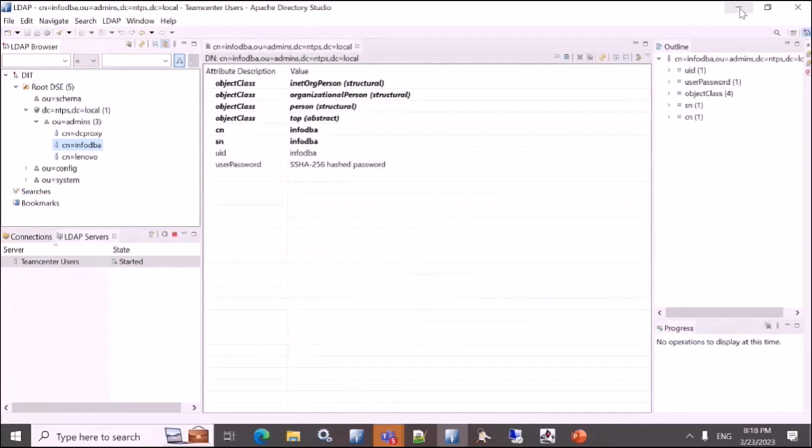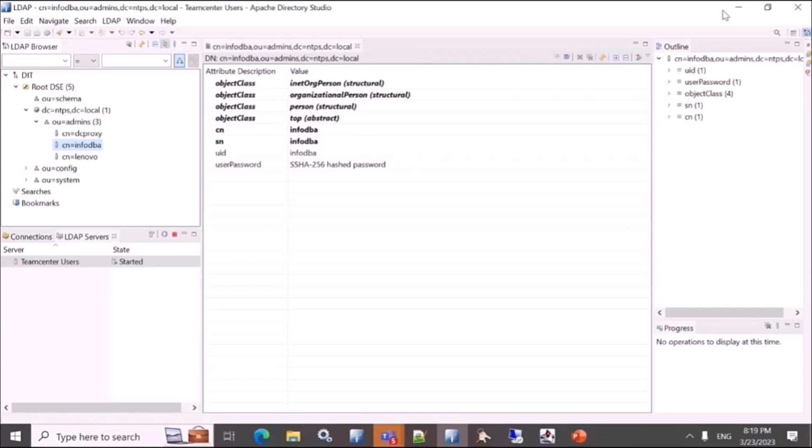This is the primary step we need to take care of. In an organization, the AD is maintained by default, so the administrator who is going to configure SSO with Teamcenter doesn't have to worry. You just need to ask a few questions of the network team or the domain team, like your LDAP server host and the port number it is running on, and the base DS and